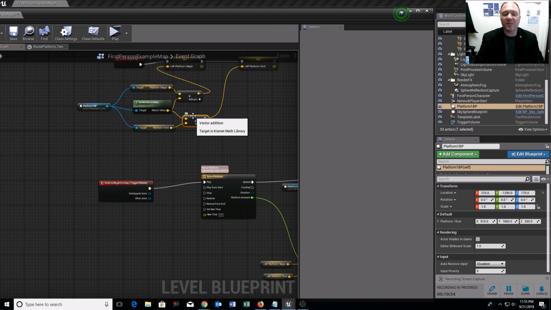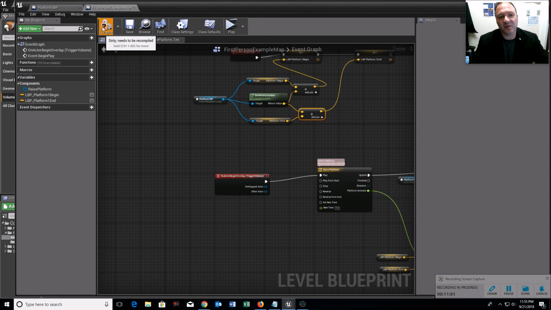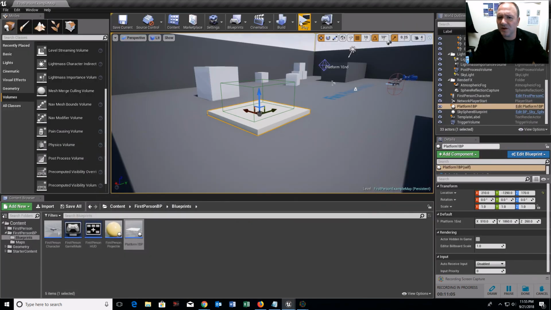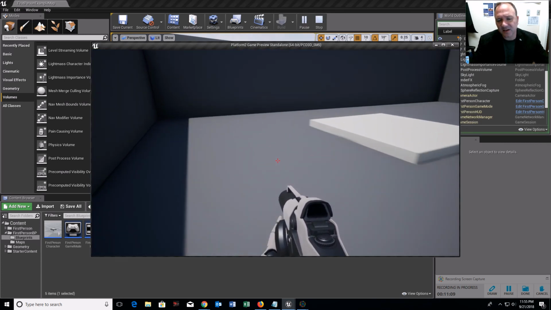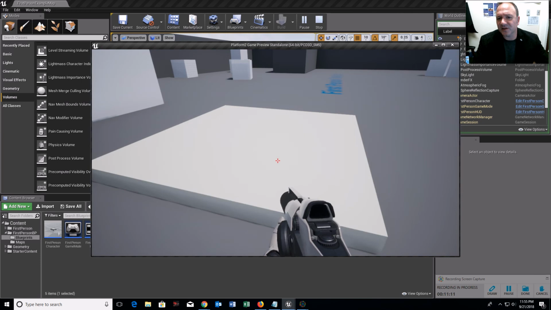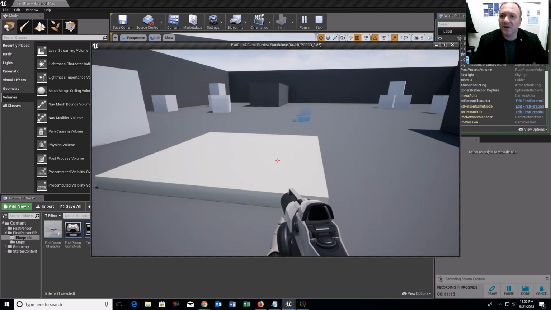Now that I have the proper starting and ending point, now it's going to animate smoothly. I remember this. How many times have I done it incorrectly so far? 2? I think only 2. That's really good. So let's see. I should move my player start, but I haven't. Okay, here we go. Let's see if this works.